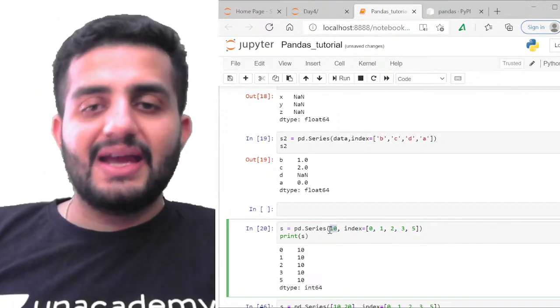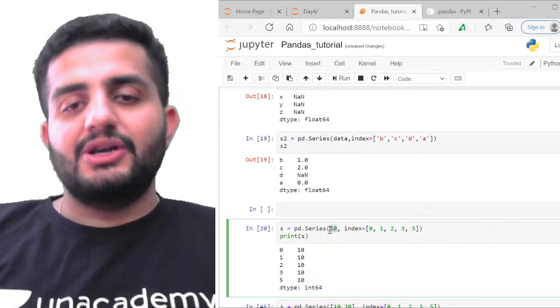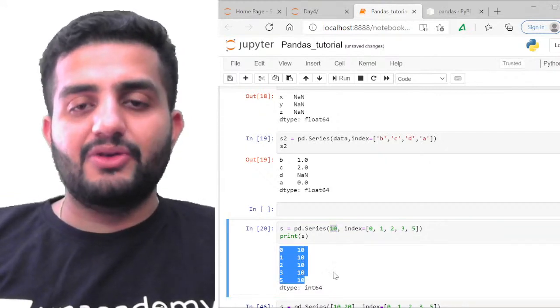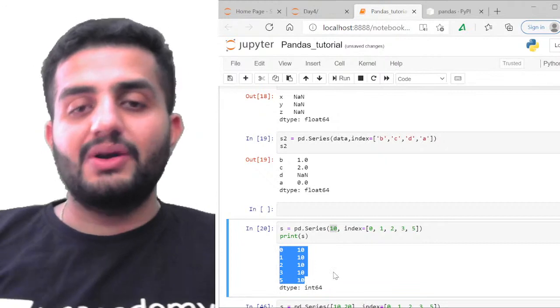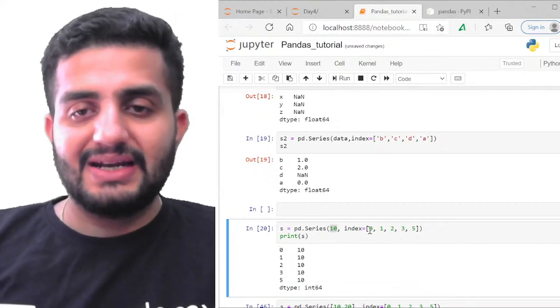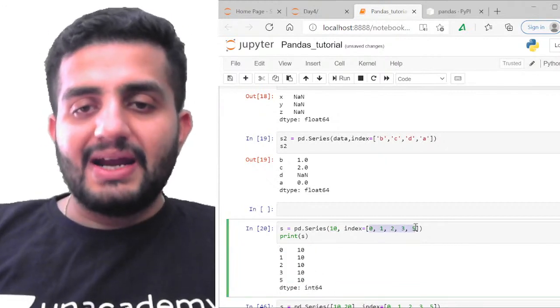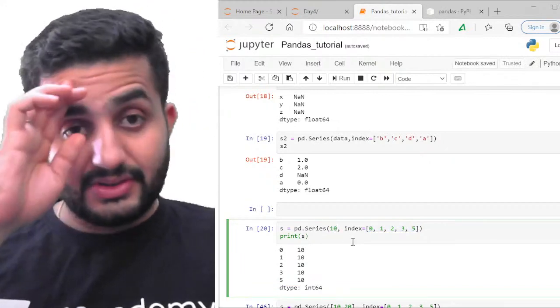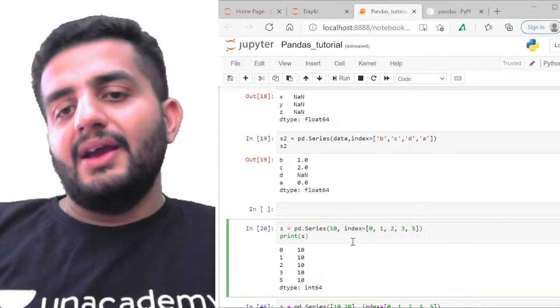If I use it in this fashion, it will by default copy or create duplicates of my data point on the different indexes. So each of these index values will get a data value of 10. Again, an interesting thing.